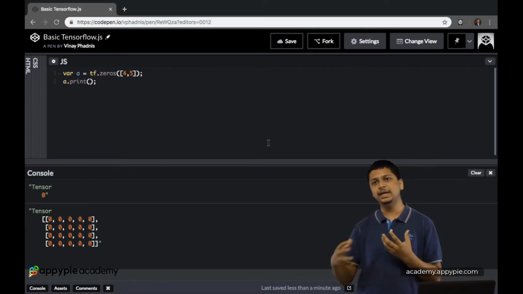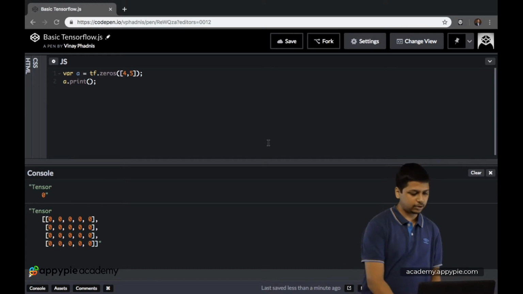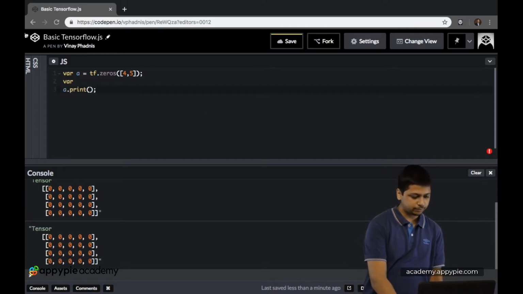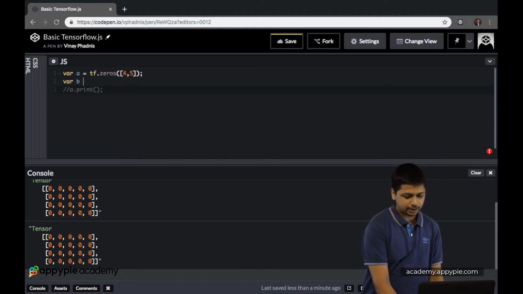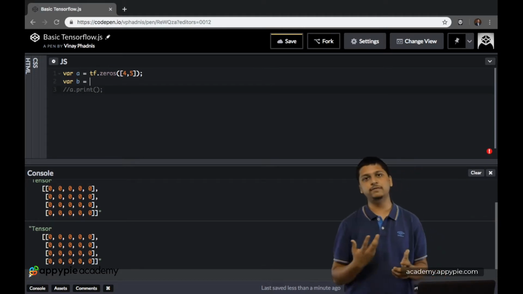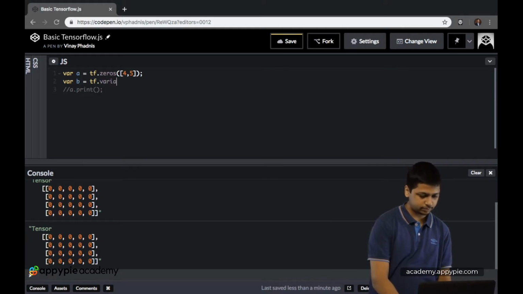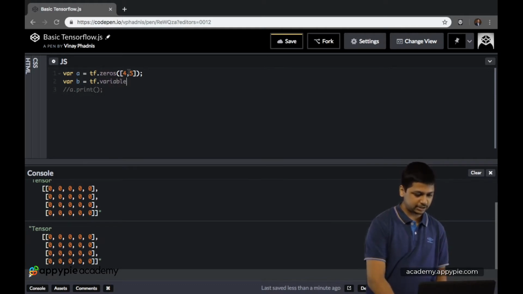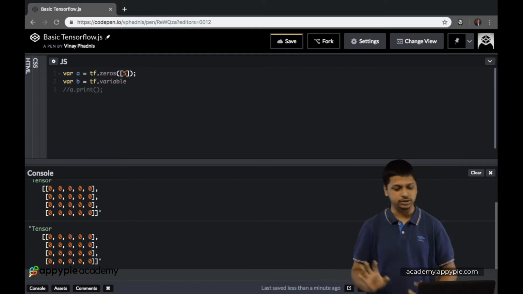stored. And that is why declaring variables explicitly is particularly important. Okay, so now to do that, let's type in a new variable. Let's first comment this out so that we don't have a lot of output. So var b, and now let's make this equal to tf.variable. Let's first make this of a smaller size. So let's call this 5, so we only have 5 zeros, a one dimensional array of 5 zeros.